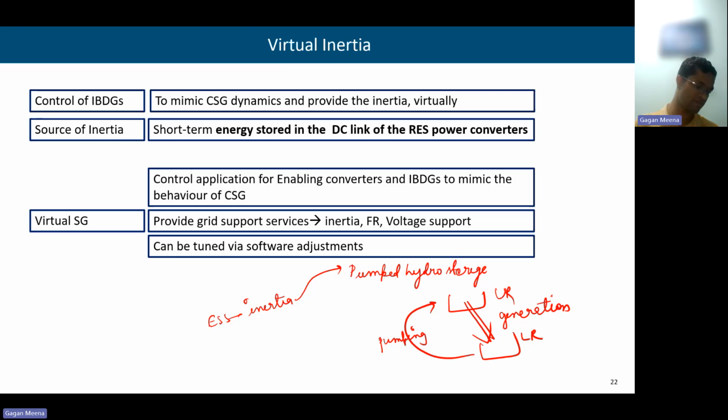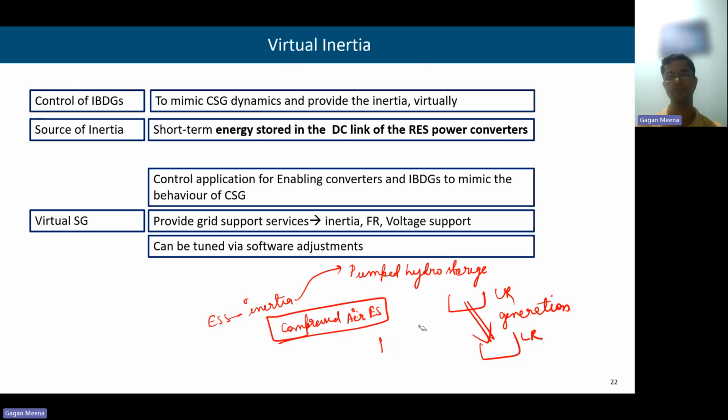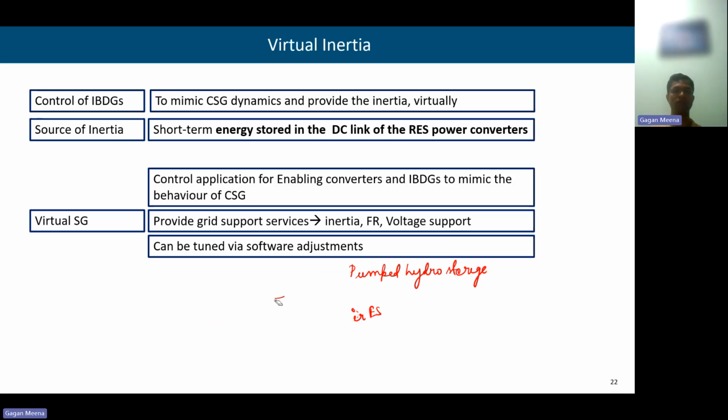We do have some. For example, we have compressed air energy storage. It has inertia. It has a rotating part. Similarly, we have CO2 battery also. We have many such energy storage technologies which can provide